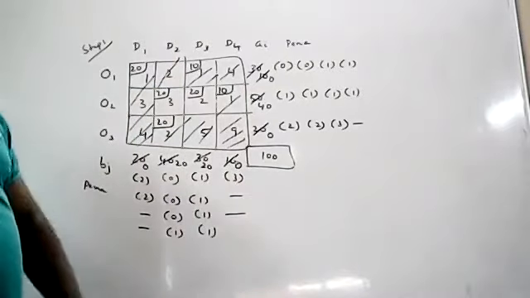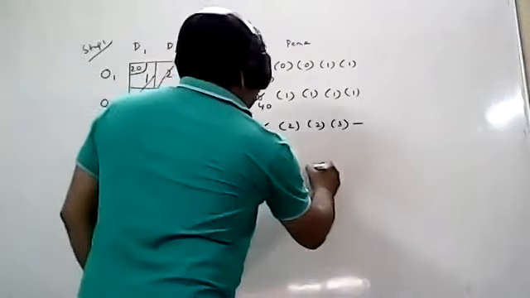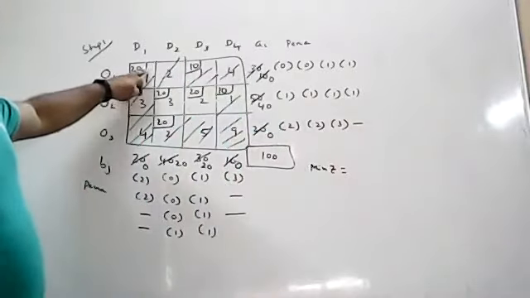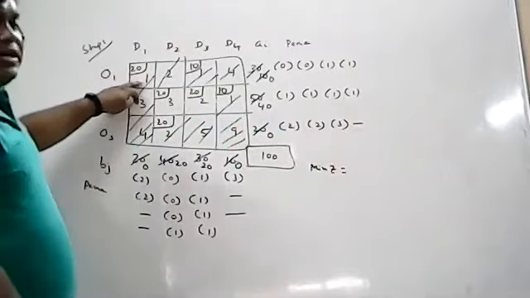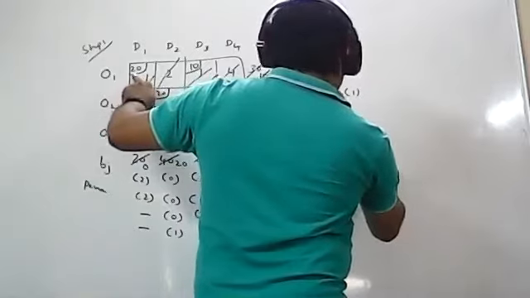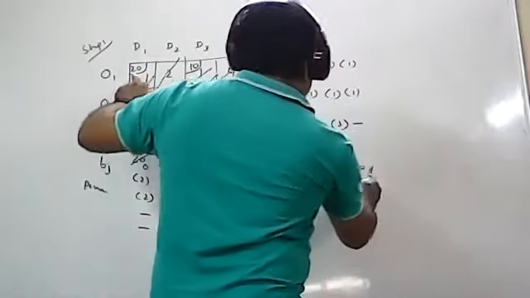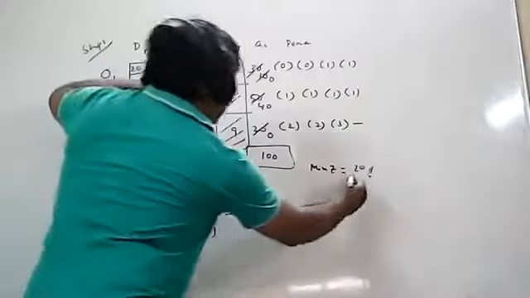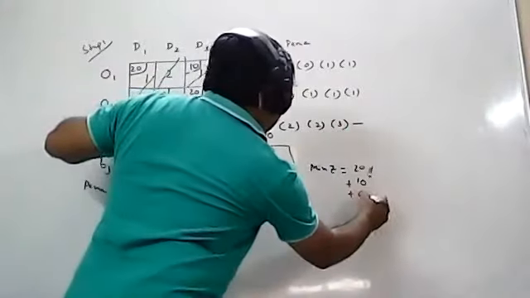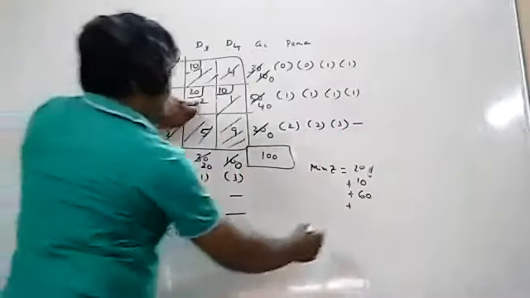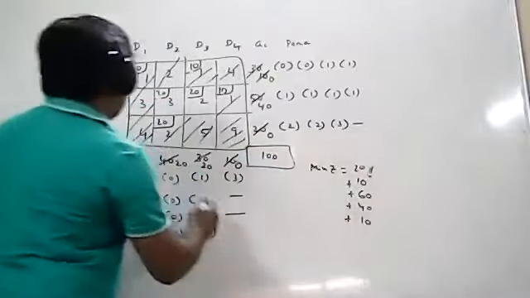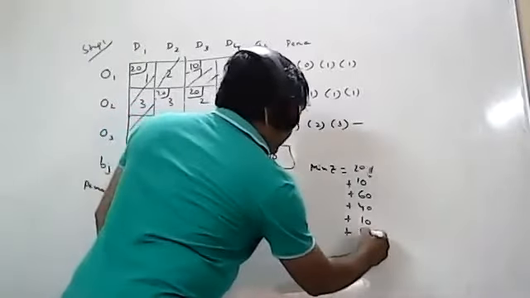So just cross check the answer. What is the answer you will get? Minimum Z equals wherever you got the allocations, that means quantities, just multiply the cost into quantity. So 1 into 20 is 20 plus, next 1 into 10, 10 plus, next 3 into 20 is 60 plus 2 into 20, 40 plus 1 into 10, 10, 2 into 20 is 40.